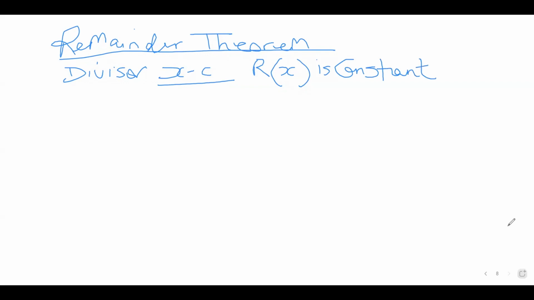And if that's so, then p(c), where c is the divisor, is also constant. So we're going to use the remainder theorem to find p(2), and we know that 2 would likely be the remainder, the c, and the c is denoted by